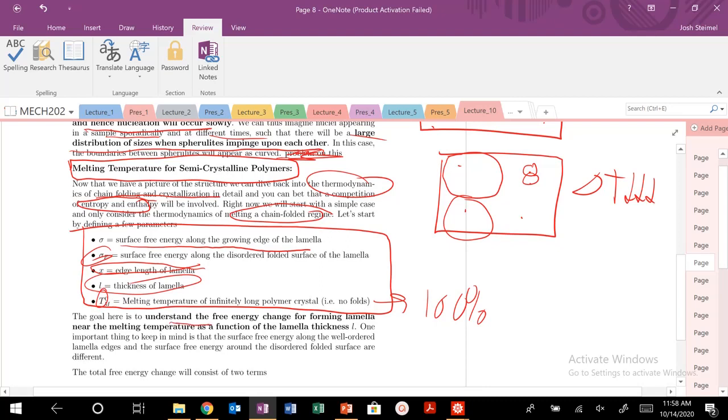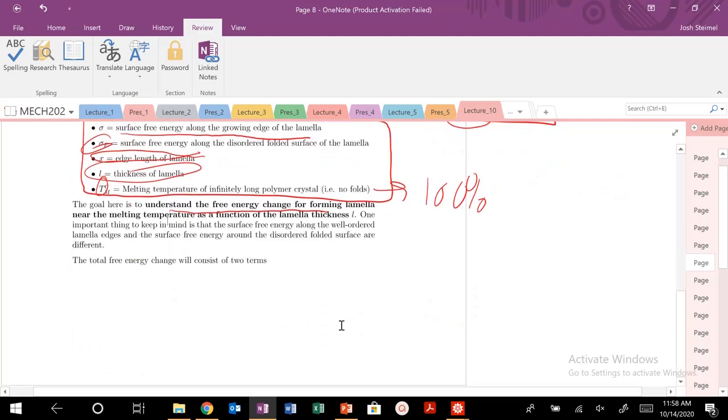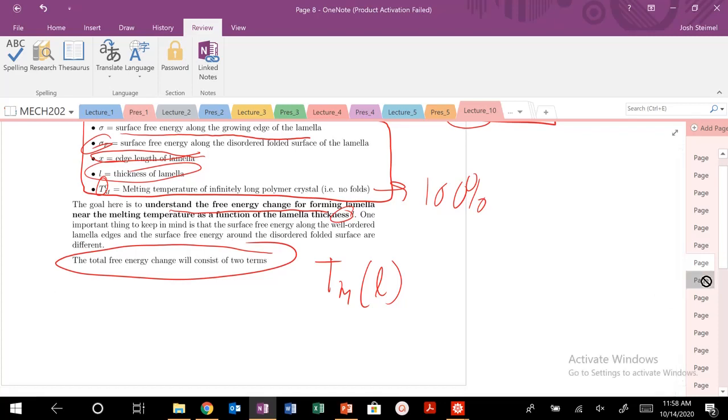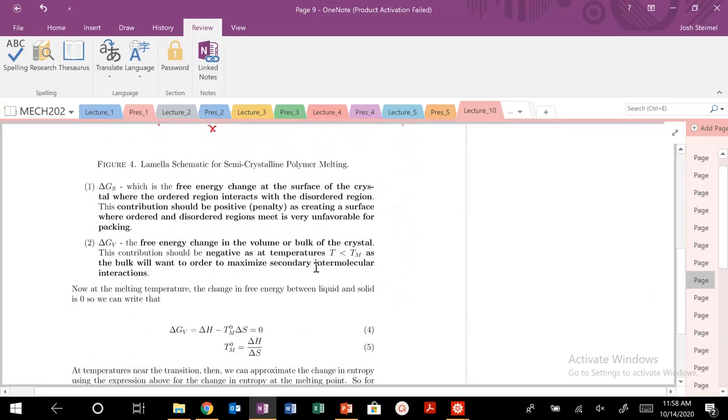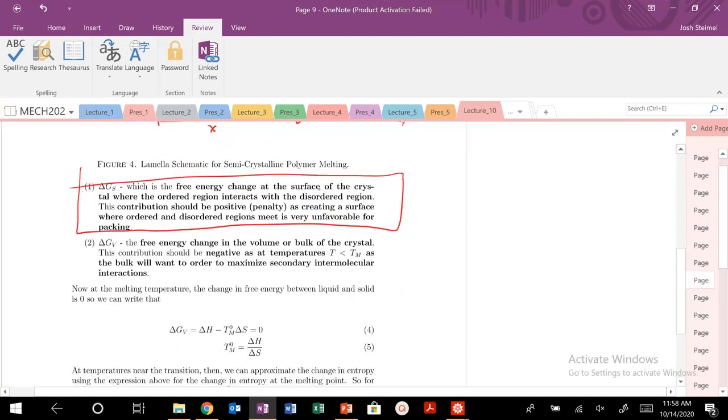So to understand the free energy change for forming a lamella near the melting temperature as a function of the lamella thickness, that's what we're trying to find here. What is the Tm as a function of L? We need to keep in mind that the total free energy change is going to consist of two key terms, two key energy competitions. Delta Gs is the free energy change at the surface of the crystal, where the ordered region interacts with the disordered regions. So again, creating surfaces